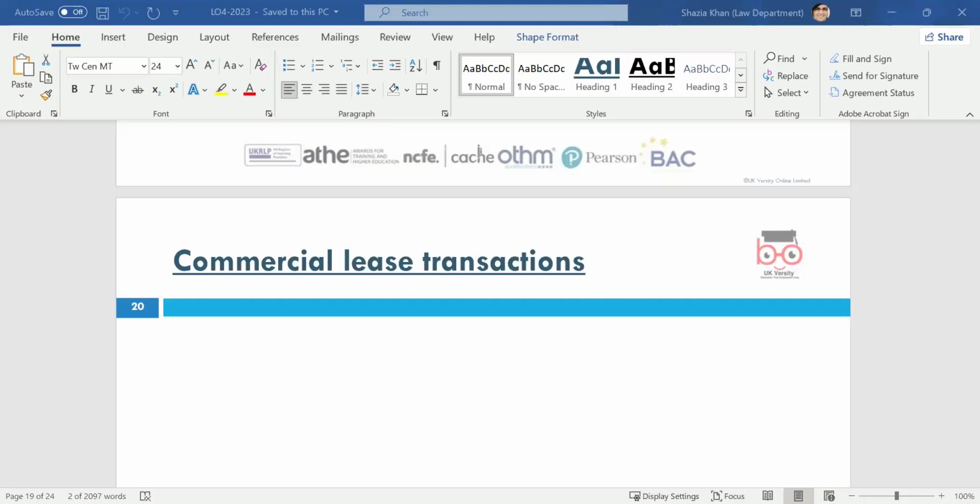The essential elements of a commercial lease include the parties involved, the property itself, the lease term. It's really important that you have a lease term in there. Then the rent and the fees, and the use provision, so you need to clarify what you're using it for. Then maintenance and repairs, and renewal. You need to make sure the lease agreement is made between you, the landlord, and the other party.